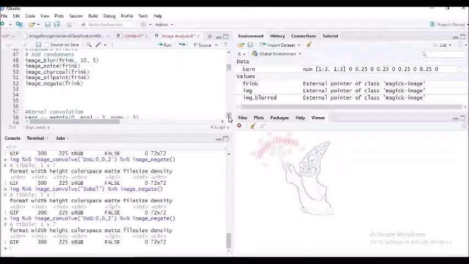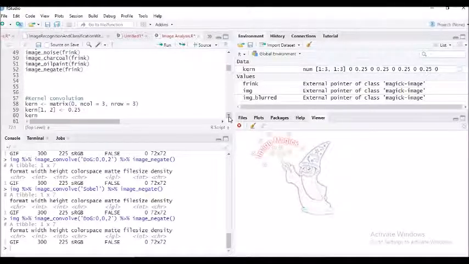Then we go for kern[2,1] and we bind the same value 0.25. Similarly for the third column and the second row, again a data frame having the value of 0.25.